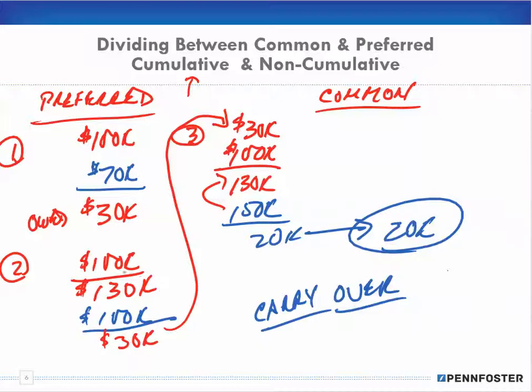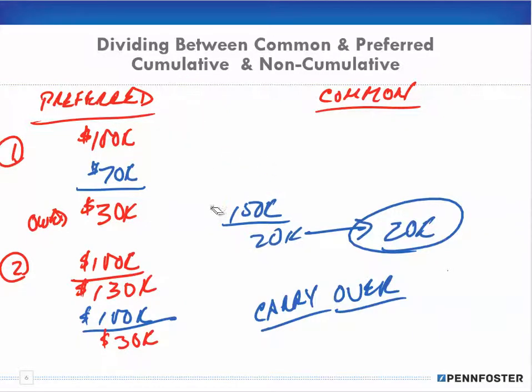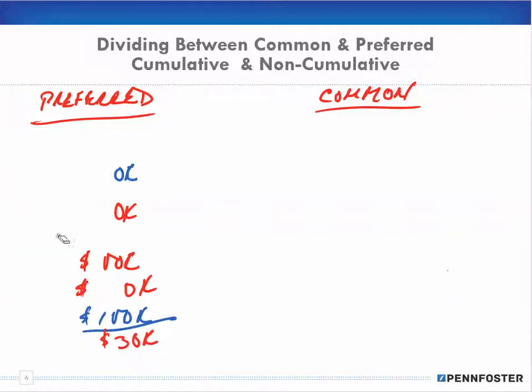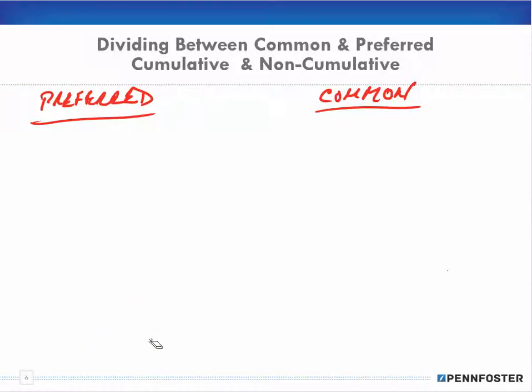Now I've done this on a period by period basis, but let me go over another real quick example about this. All right. I realize that this video is getting kind of long. It's already at 25 minutes, but it's kind of important. All right. So let's say in this first period, again, preferred gets the first $100,000, right? So in this first period, $100,000 is what is owed to preferred, and let's say $70,000 is the dividend declared.